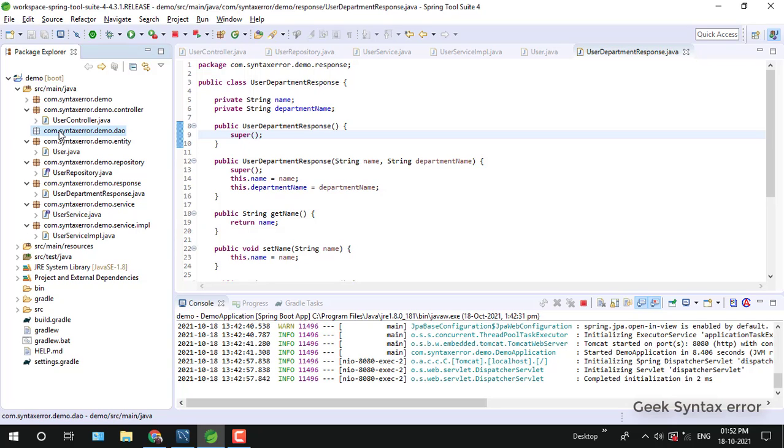The data source object is nothing but whatever user information we give, the username, password, and the database URL information, for that the JDBC will make one connection that is known as a data source object. Making use of the data source object, the JDBC template will be created. So based upon that we can do the operations.